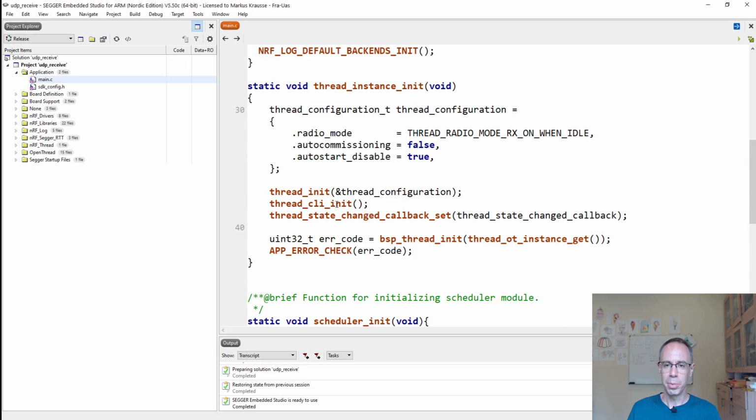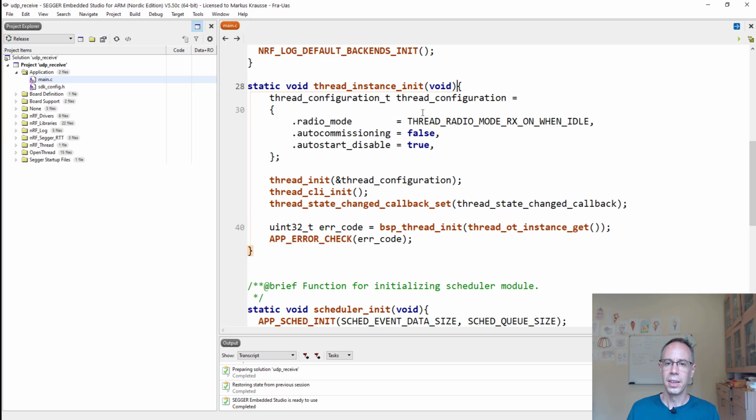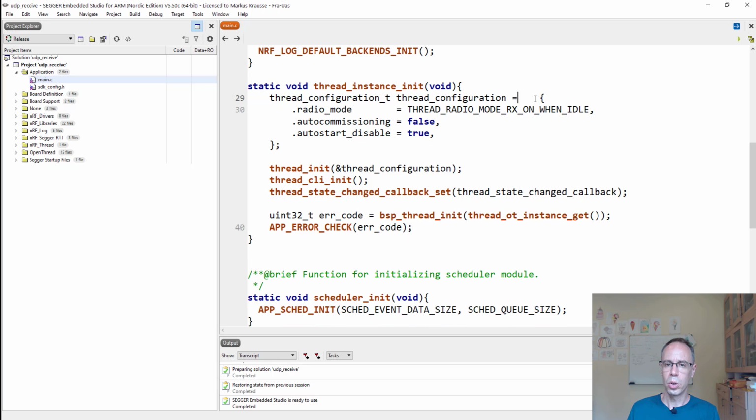This we're making a little bit differently than here. We also define, of course, the configuration parameter. We also leave the radio mode on when it's idle, so the radio is then on. Here, auto commissioning, we're setting to false, since we also want to put our modules in the